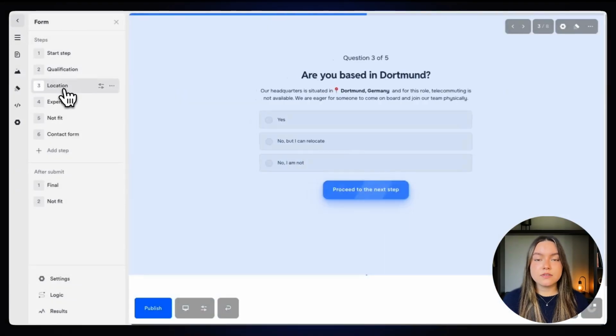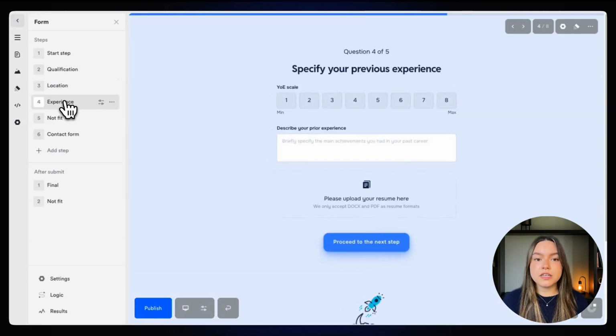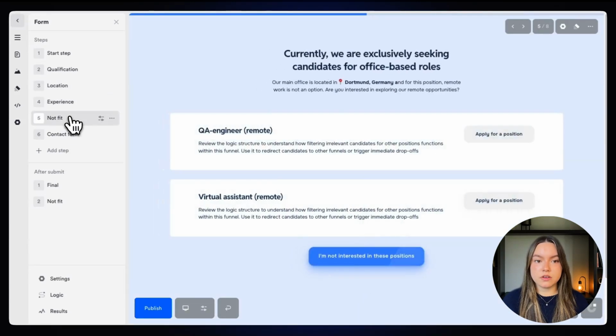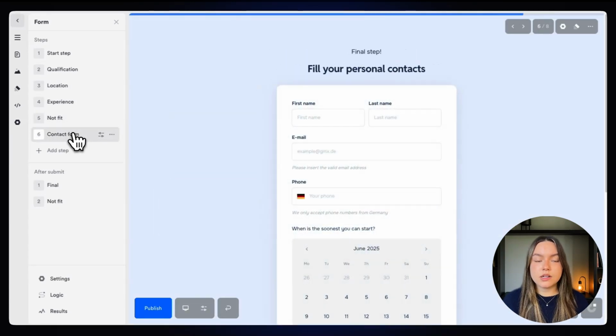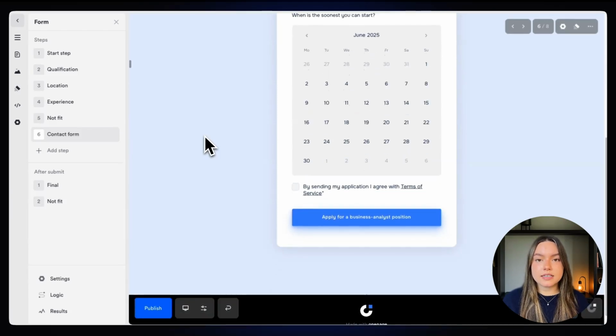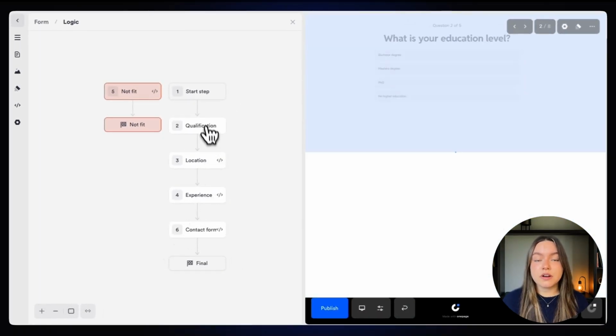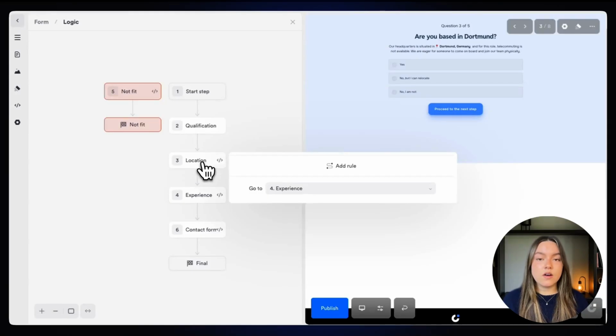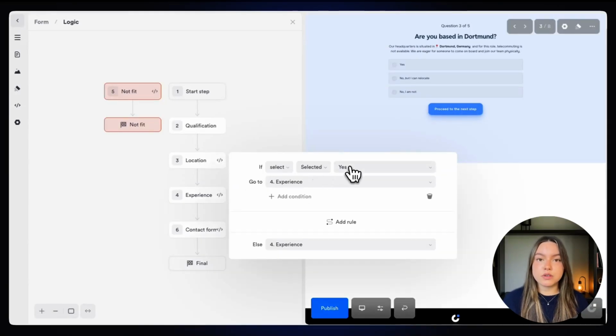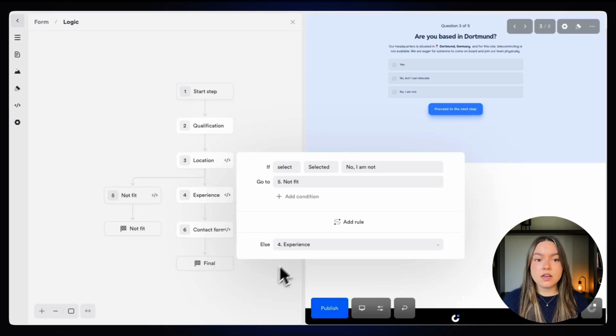The free plan gives you unlimited forms, but you're limited to 100 submissions per month. With the launch plan, you can collect unlimited leads and access advanced features like multi-step forms, which provide a more engaging user experience. On higher tier plans, you get form personalization options such as conditional logic, multiple finish steps, and